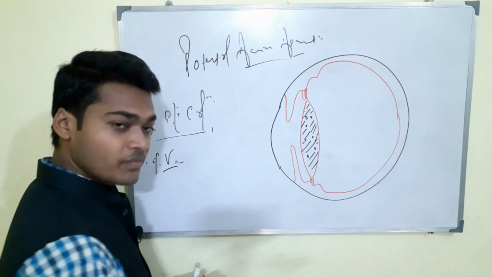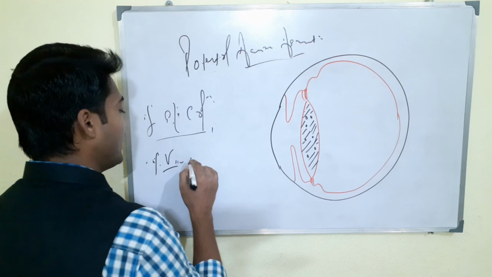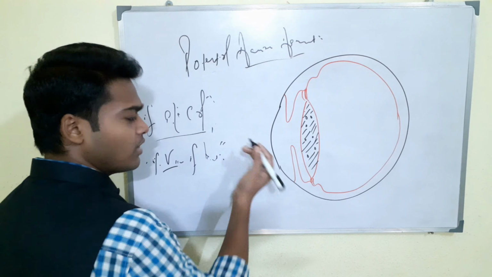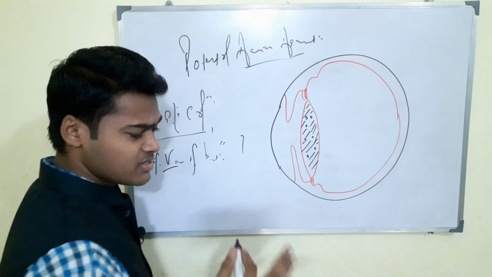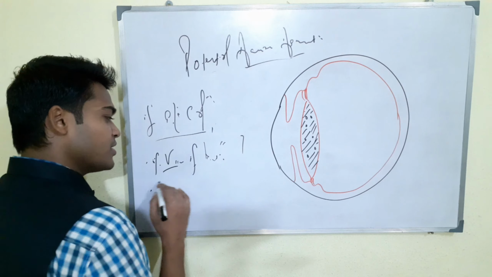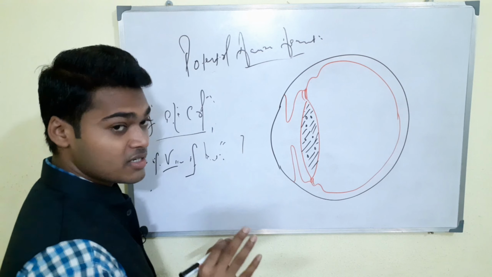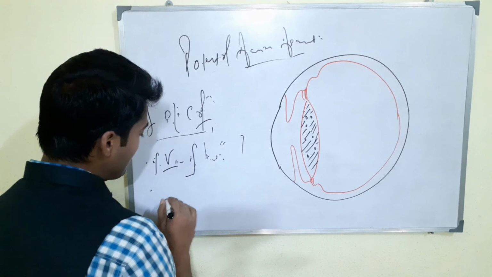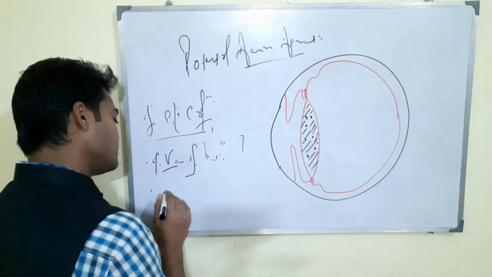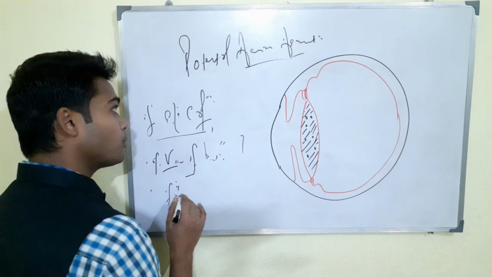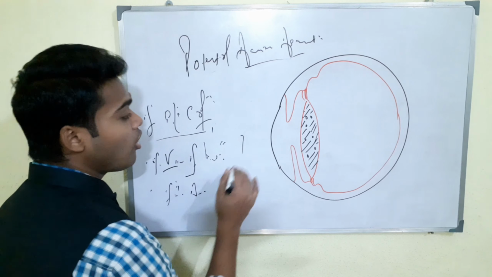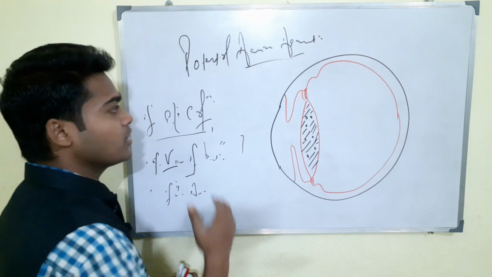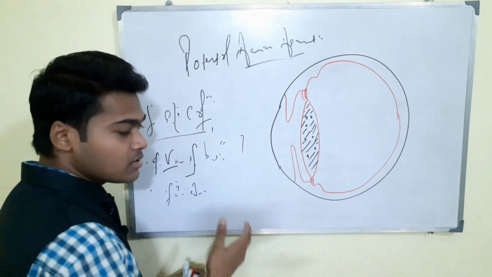So take the vision, right, and record the value, normally on a conventional Snellen's chart. If the patient is not able to read that chart, and you have already determined the patient has a cataract, then what you have to do is simply start measuring the potential acuity of that patient. Now what is potential acuity testing? When you are going to assess the potential acuity, what is the actual meaning?